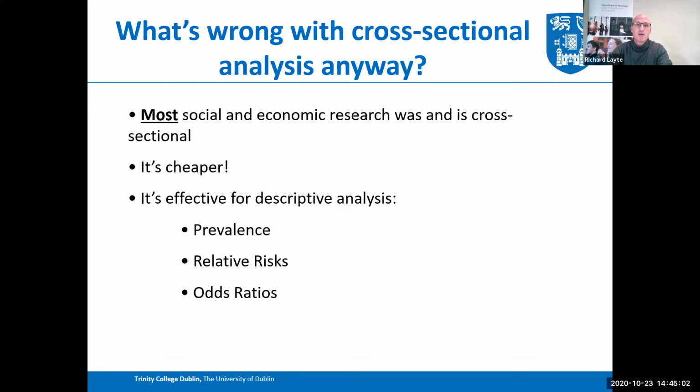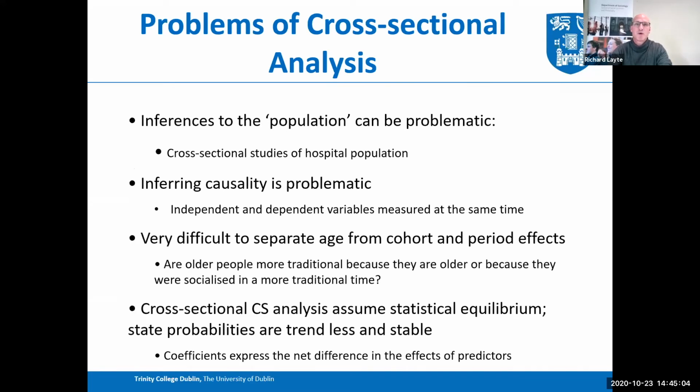But there are problems, of course, with cross-sectional analysis. Inferences to the population can be really problematic. A good example of that is where we wanted to look at the hospital population in a hospital. If we go in there on one day and we go around to all the beds and we enumerate who's in there, the people who we will come across and their characteristics may not be a good